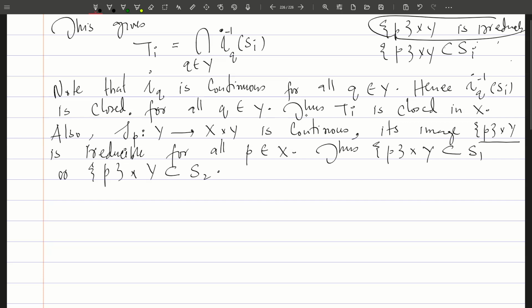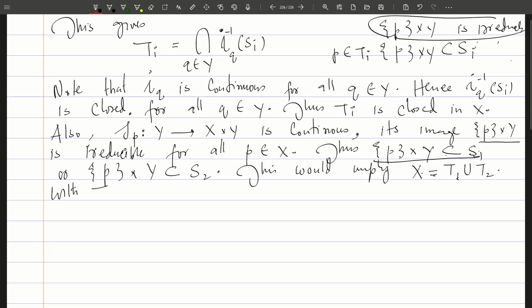So this would imply X is contained in T1 union T2, because if p times Y is in S1, then this p is inside Ti. So by this fact, this set is either in S1 or S2. So this would give us X is equal to T1 union T2,